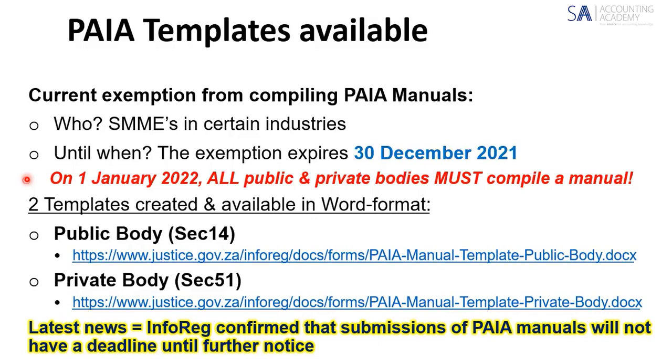So I don't know what everybody's going to do on New Year's Day, because that's the 31st of December. You're exempted until the 31st, and they have said that from the 1st of January, they can go and monitor who's got manuals and who doesn't. But at the moment, remember, they don't have the capacity yet to upload the manuals. So they won't know who's got a manual somewhere in South Africa and who doesn't. So we'll look at that because there is some form of relief in there, okay?